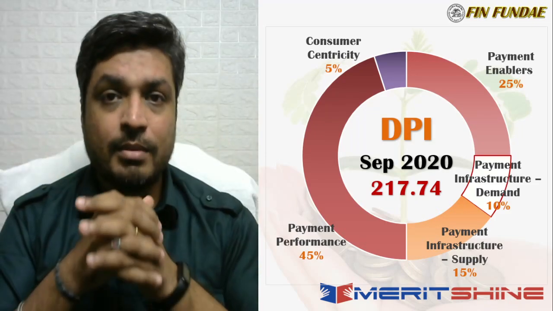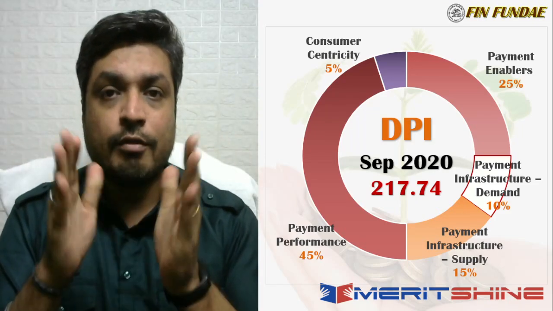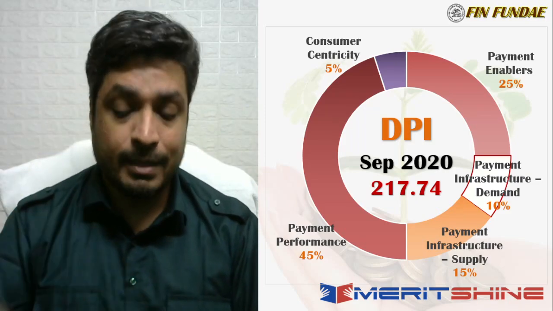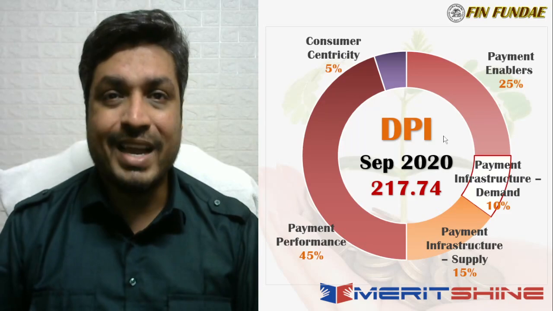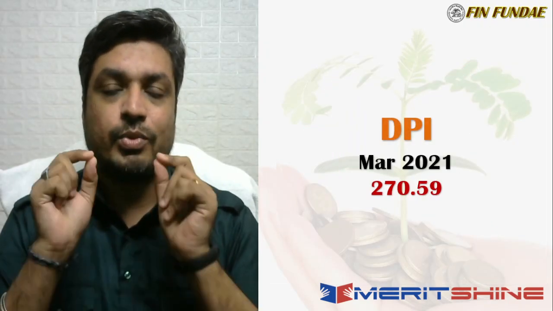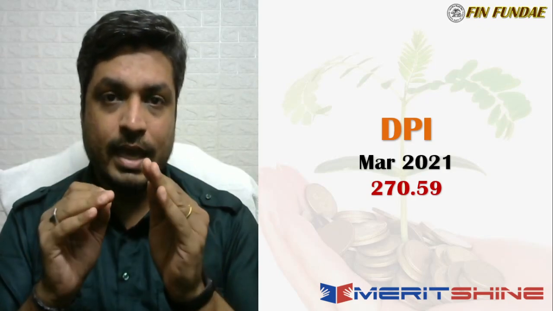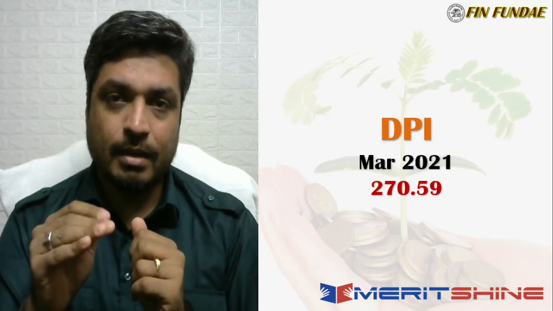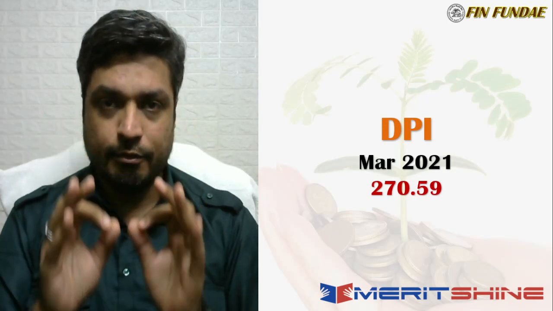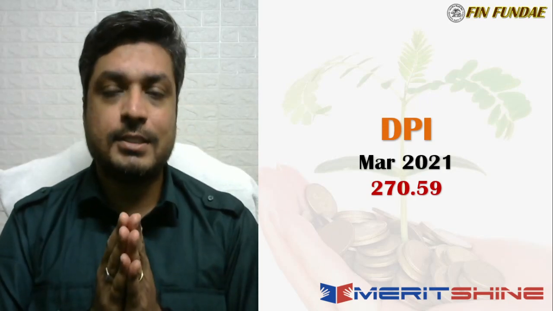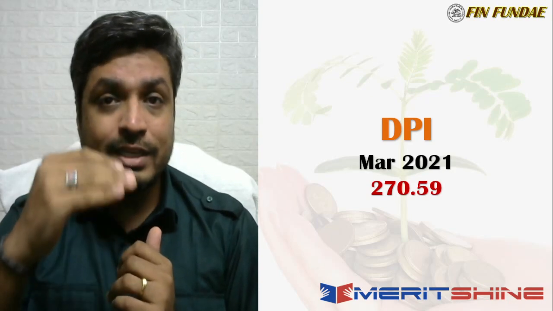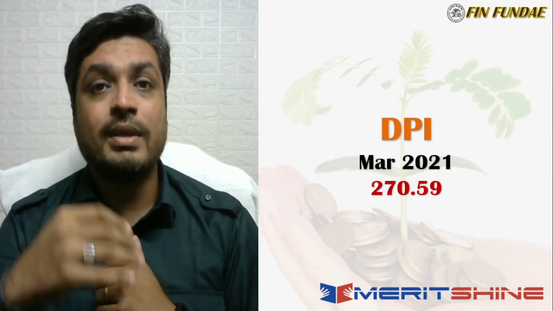So all of these parameters or sub parameters put together form your digital payments infrastructure on the demand side, right? Now, moving on to the final leg of the piece, as of March 2021, the DPI, or the Digital Payment Index, for India stands at a value of 270.59, which indicates that the digital payments ecosystem in India has been continuously rising and performing a lot better